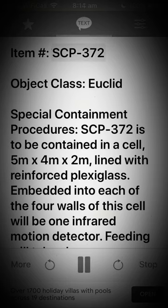Item: SCP-372. Object Class: Euclid. Special Containment Procedures: